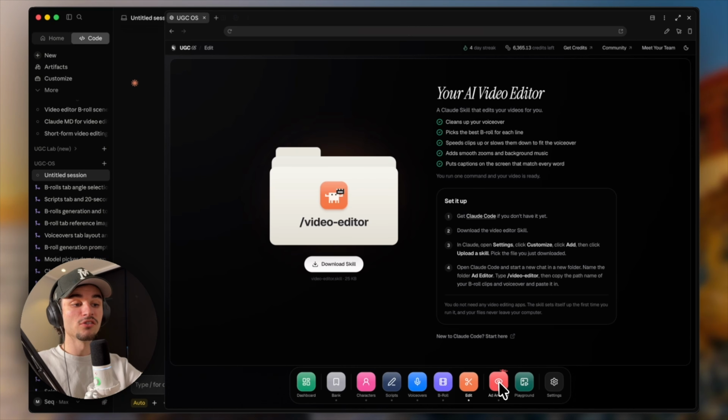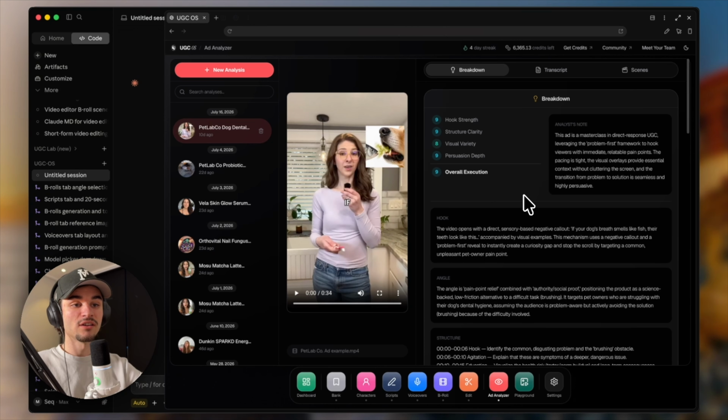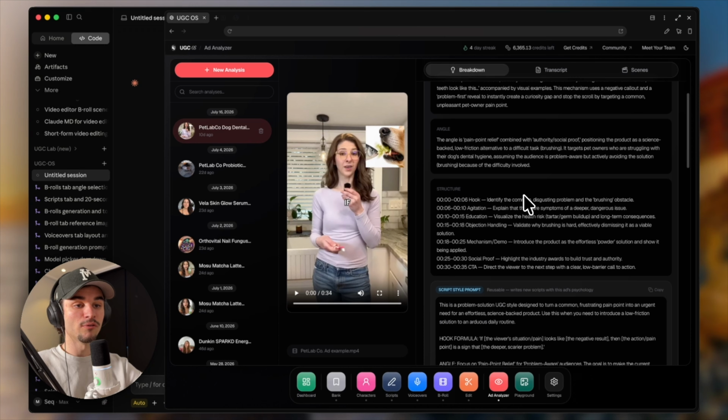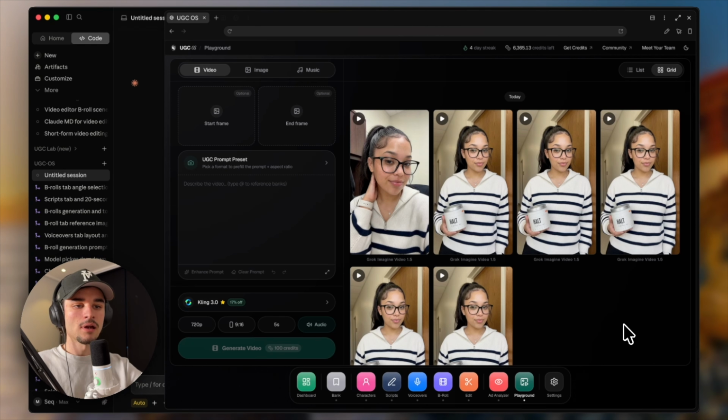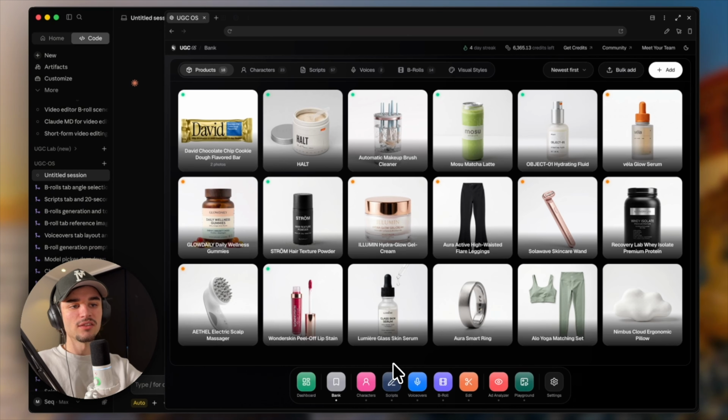And there's 2 more bonuses, which is my ad analyzer, where essentially I feed in a winning ad and it reverse engineers the full thing for you. And then the playground, which is basically just for experimenting with video, image, and music models. But now let's hop into creating the AI UGC ad, and we'll be using this David protein bar as our